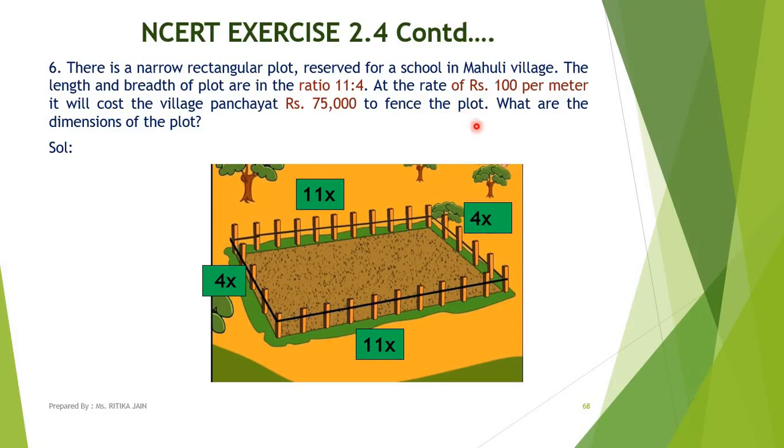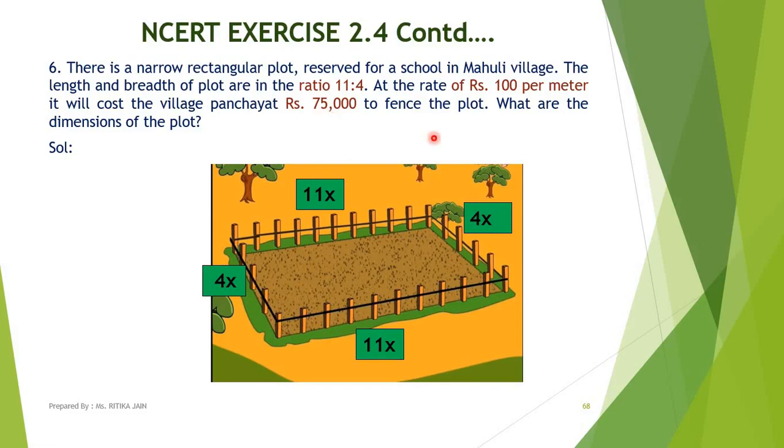fence the plot. Now, the village panchayat has planned to fence the plot. Like this. Here you can see the fencing around the plot. So the cost of this fencing is 100 rupee per meter. And the total cost is also given to us, that is 75,000. So what are the dimensions of the plot? Means we have to calculate length and breadth of the rectangular plot when we are given the total cost of